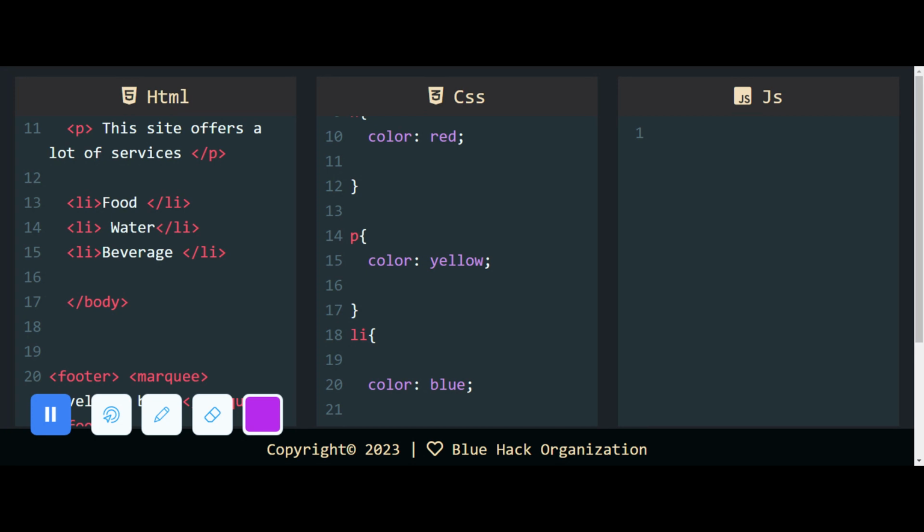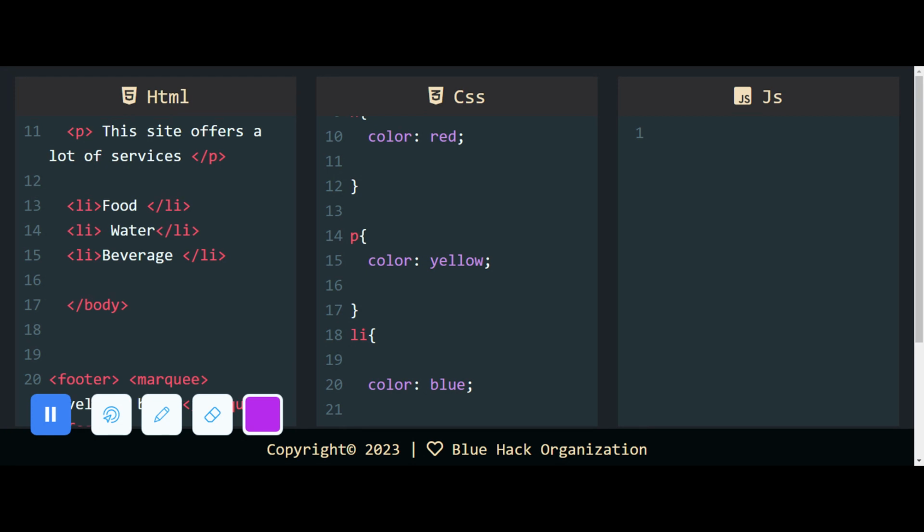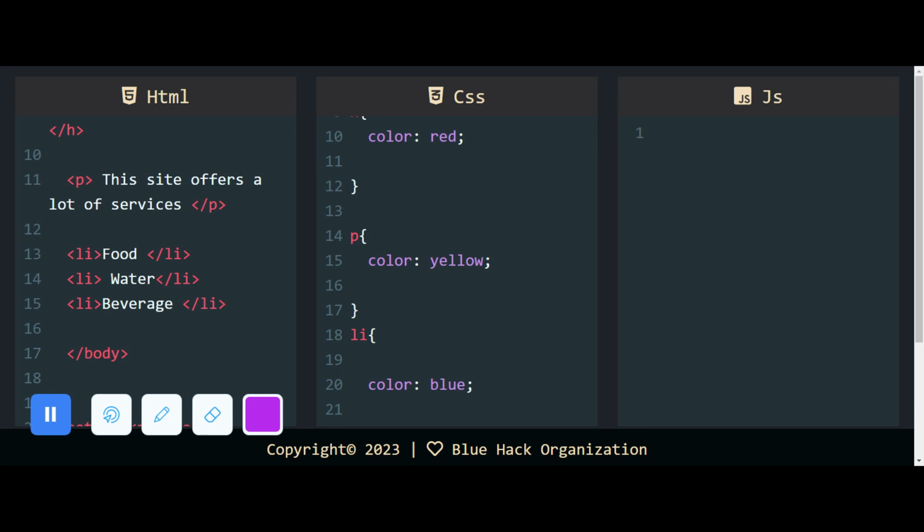to what we previously learned is called division. Div, division. Let's take for example, if you have your building or your house and you enter your house, you have so many rooms in the house. You have the bedroom, the kitchen, the washroom, the living room, and the dining room. It's the same thing we are coming to apply. So inside our body, we are coming to divide it into compartments. We can divide our website into compartments so that we can actually lay it out for it to actually please